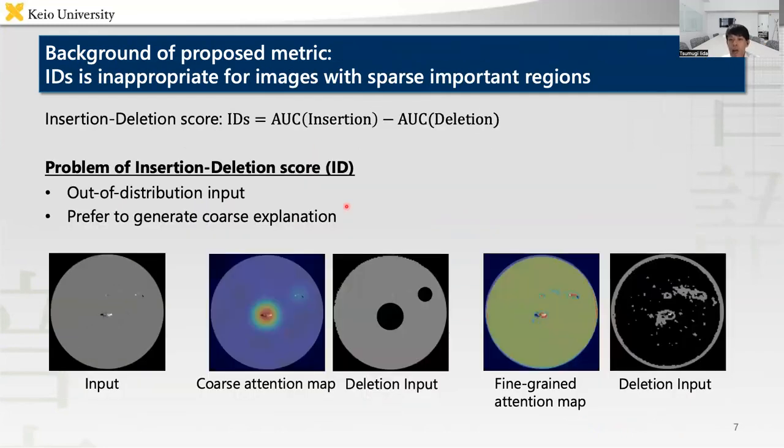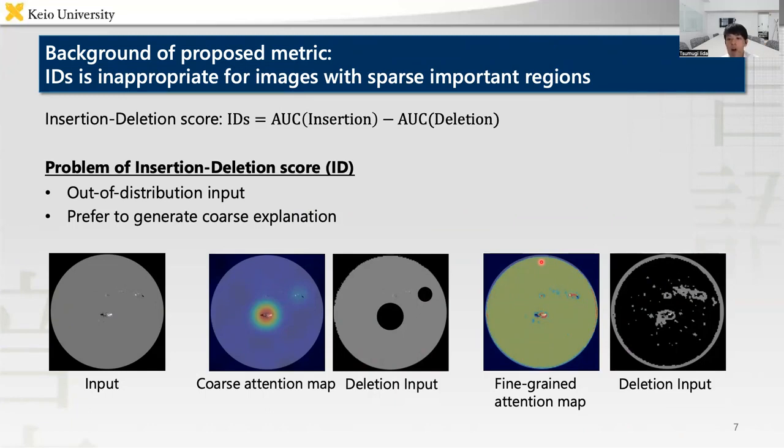Next, I will introduce the background for the proposed metric. The deletion score, which is a standard metric, measures the change in the probability of a predicted class when pixels are deleted, according to the importance given by an attention map. The main problem with the deletion score is that it is inappropriate for images with sparse important areas and uses